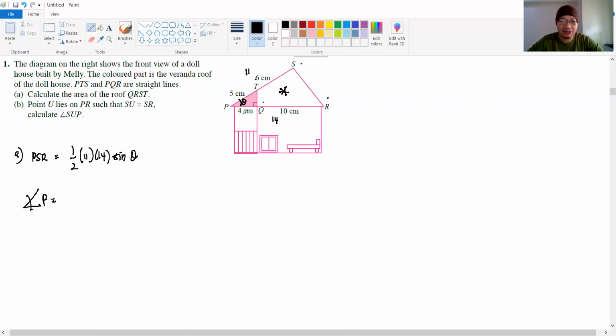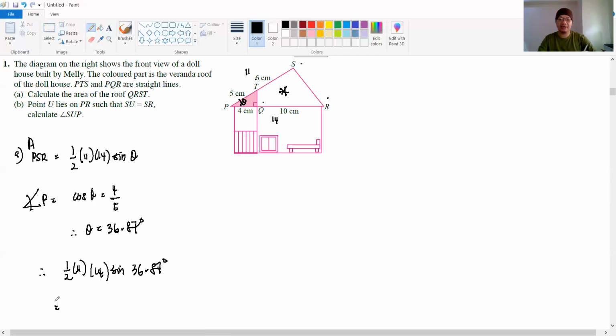4 and 5, right? Since it is 90 degrees, we can use sine, cos and tangent. So 4 is adjacent to theta, so it will be cos. So cos theta equals 4 over 5. Therefore, theta equals what? Shift cos 4 over 5, then you are supposed to get 36 point something, so 36.87. Round off, that is your angle P. Now, to find the big area of PSR, it equals 1 over 2, 11, 14, sine